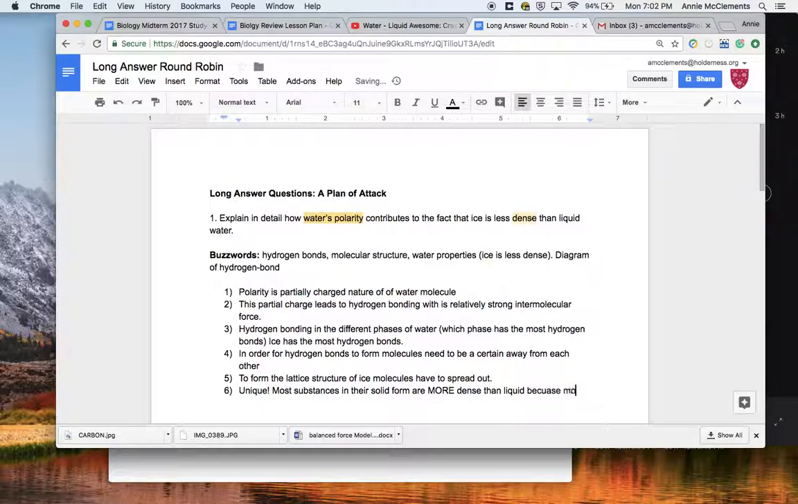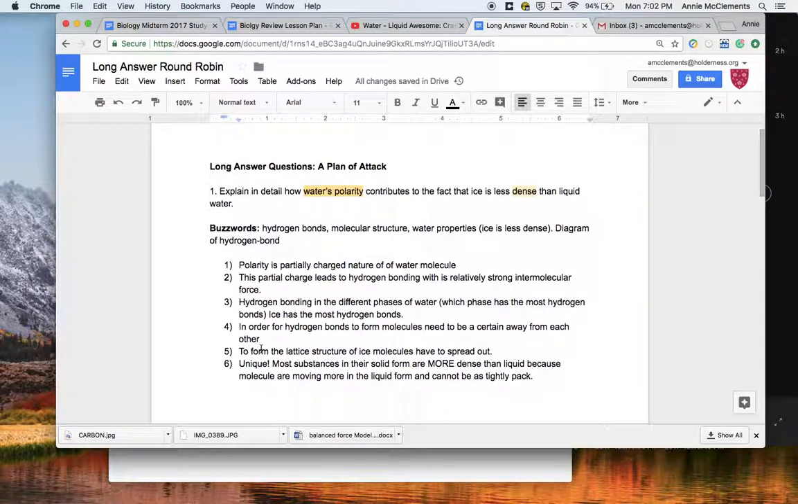You could say something about why this is. Because molecules are moving more in the liquid form and cannot be as tightly packed. Right? So this is a solid. If you get all of these sort of steps in there, and maybe even a few diagrams, right, of the different partial charges in a water molecule and how they interact to form hydrogen bonds,